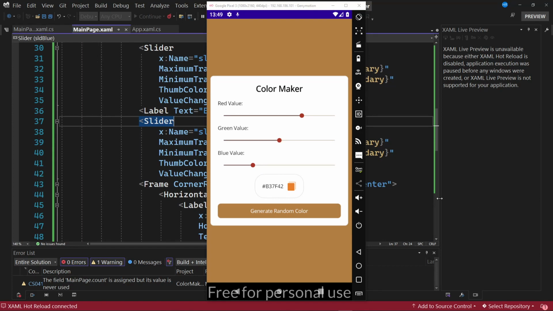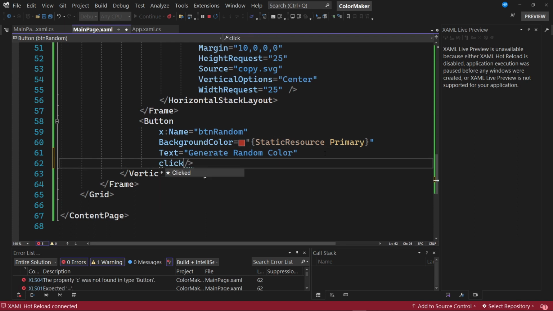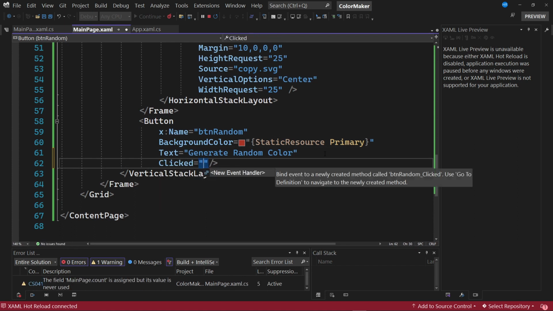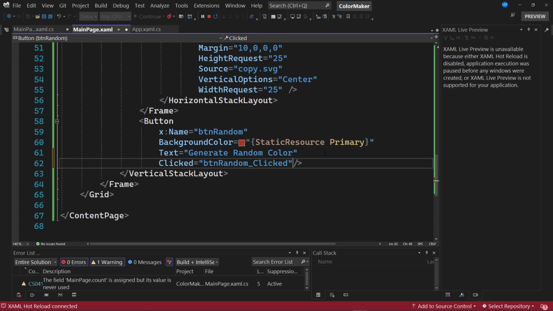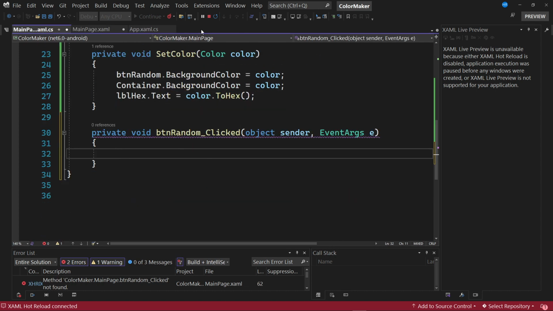In this video, we're going to focus on the generation of a random color. The first thing we're going to do is to generate the clicked event for this button. Then, let's indicate that we want to generate an event handler for the clicked event. We're going to go to the code behind, and as part of this event handler, I am going to define